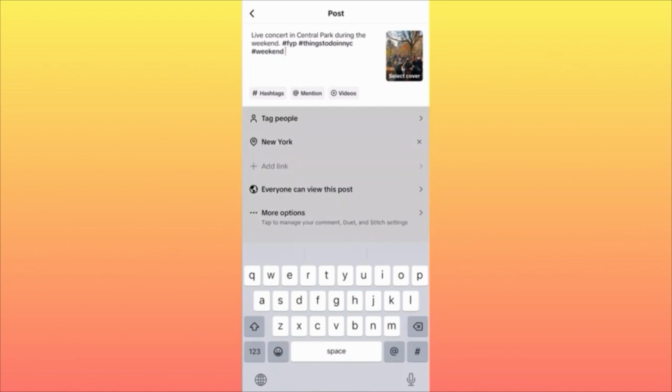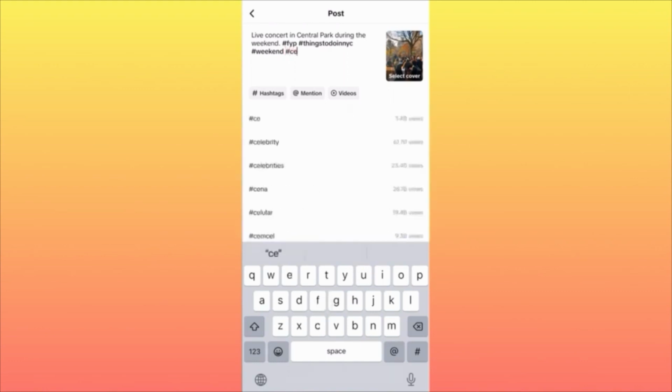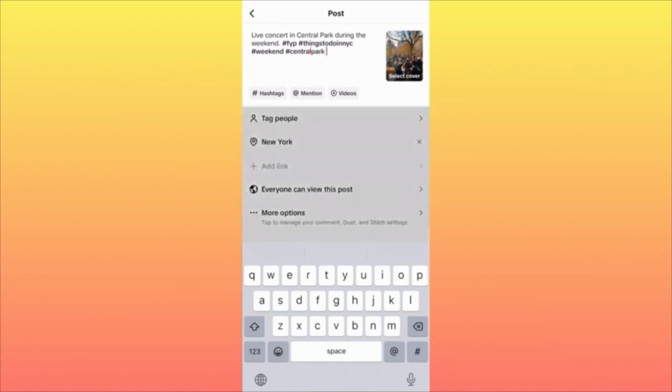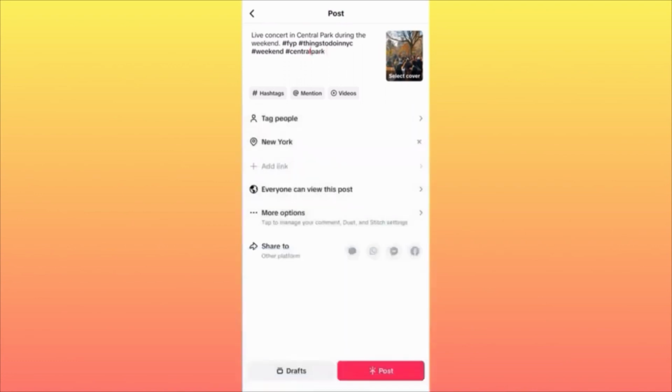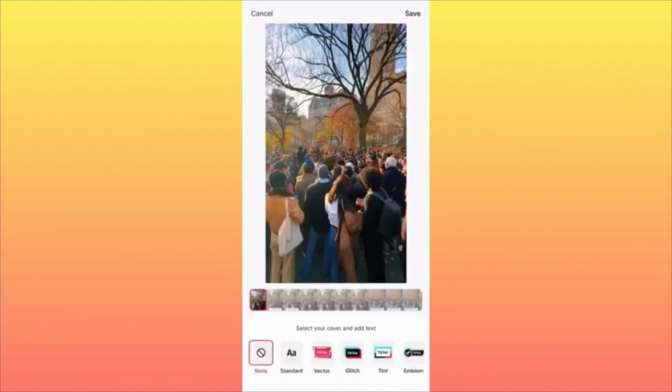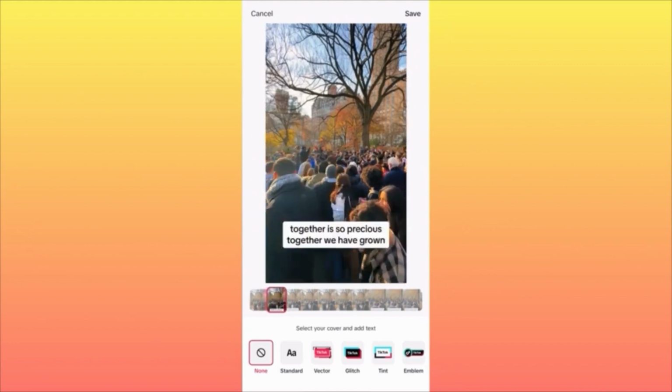Basically, that's it. Last but not least, you want to make sure that the cover of your video is arranged and attractive and collects a lot of attention. So now all we have to do is click on select cover, which you see in the top right corner. Usually you want to pop something that has a zoom in